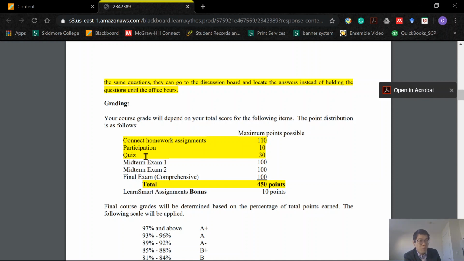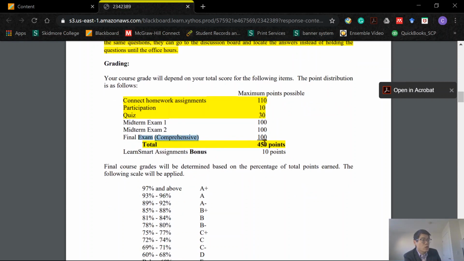Okay, you have 40 minutes to finish 20 questions for each quiz, and given our online structure, I'm not able to proctor the quizzes or exams in any way, so assume both the quizzes and exams could be open book, so you have access to every resource you have, but you have to finish those quizzes and exams on time. All right, so our new total grades for the course add up to 450 points,